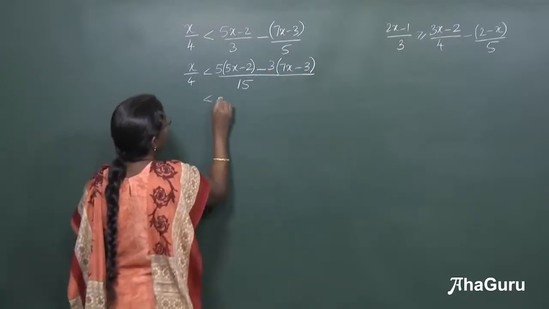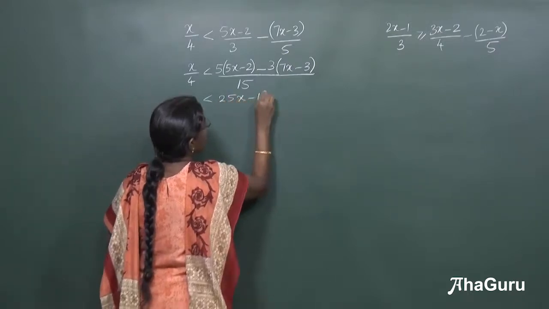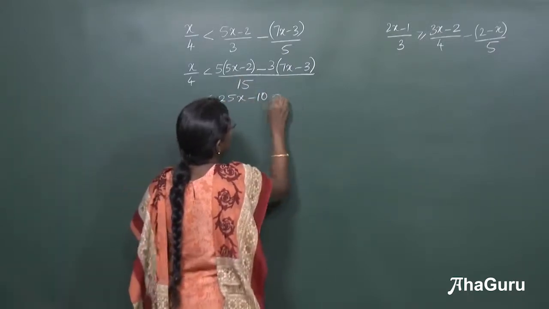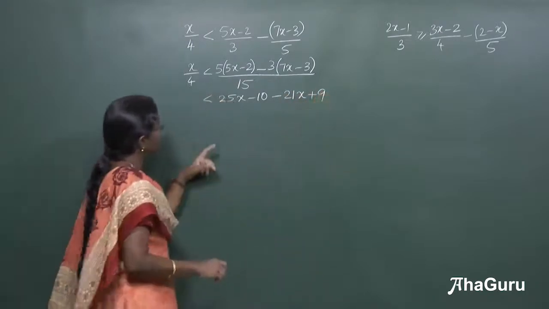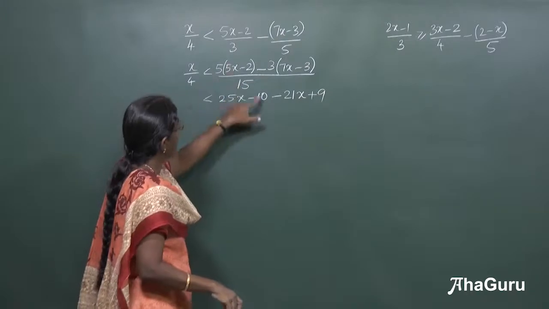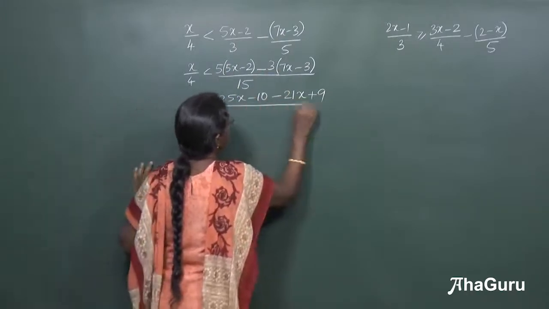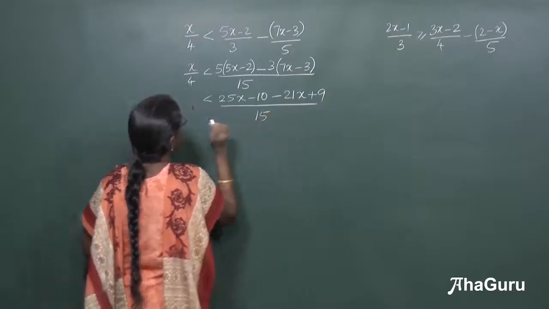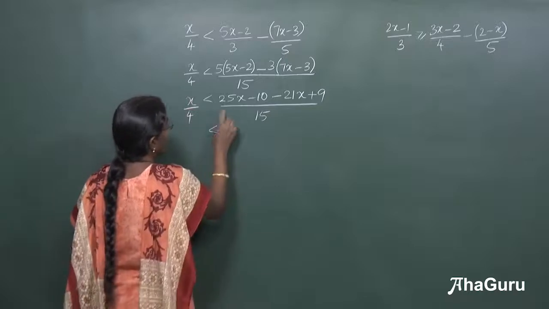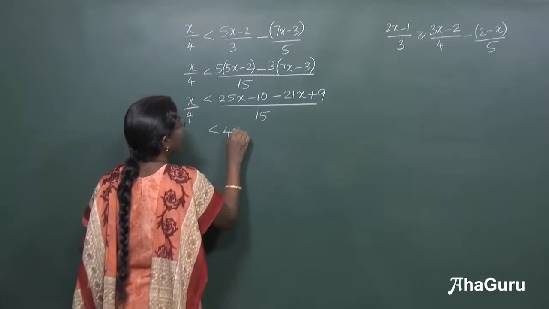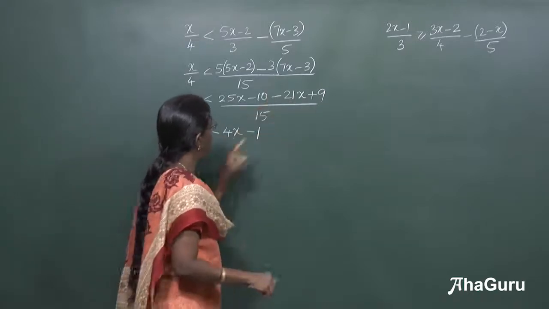We will simplify the numerator, it is a 25x minus 10, be careful about the signs, minus 21x and it is a plus 9, correct, 25x minus 10 minus 21x plus 9, right. The whole thing is now divided by 15 and this side it is a x by 4. So, numerator simplified, it is a 4x minus 1, correct, 4x and a minus 1